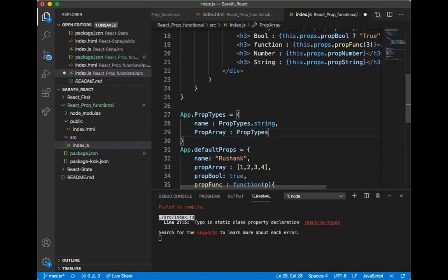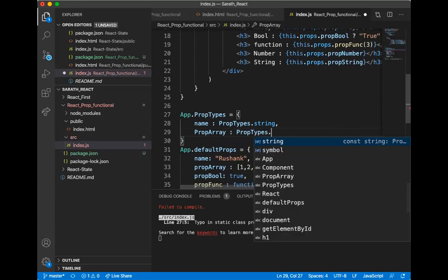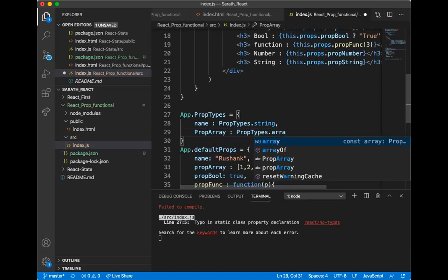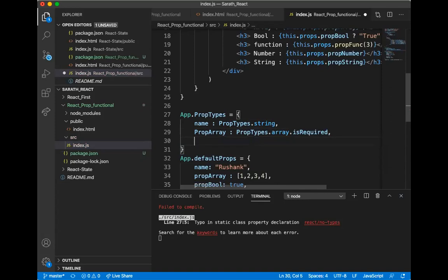Once I am giving this prop type, whatever we are getting above it, that will be called, and here I am going to use some array dot isRequired. This means once you are rendering this component, these prop types are necessary. Without these prop types array, we cannot proceed further.